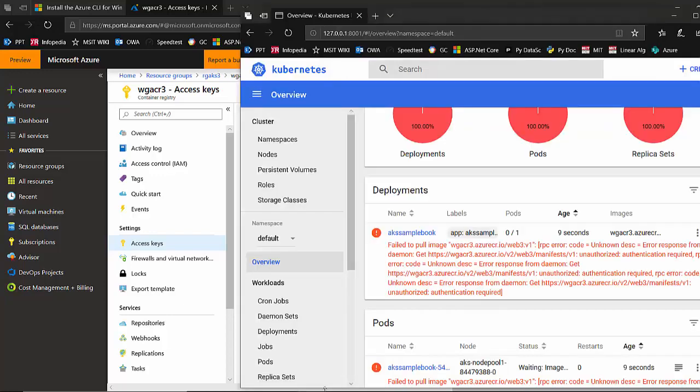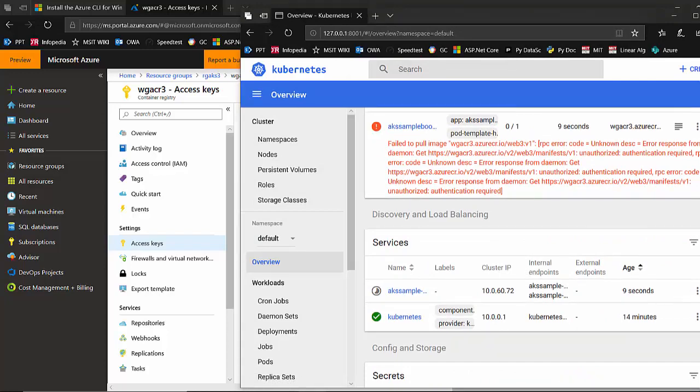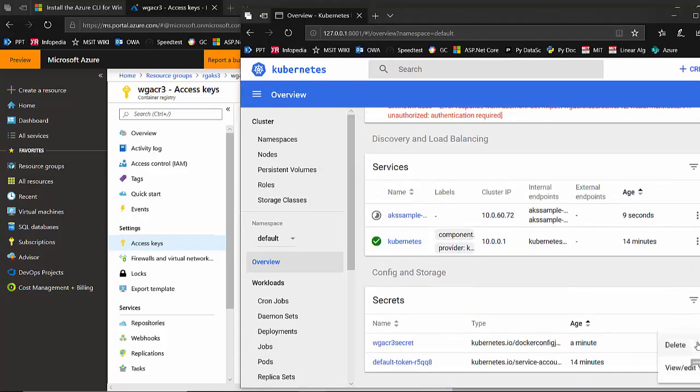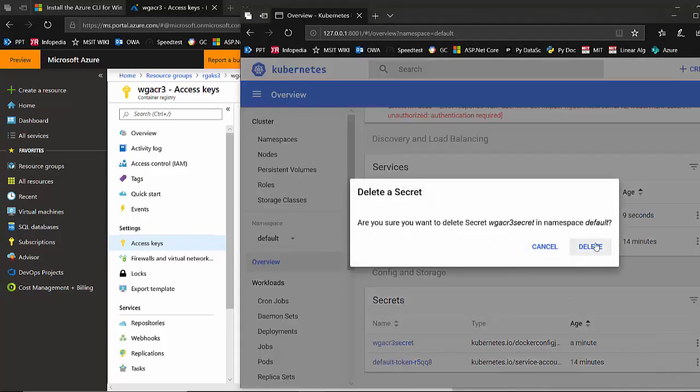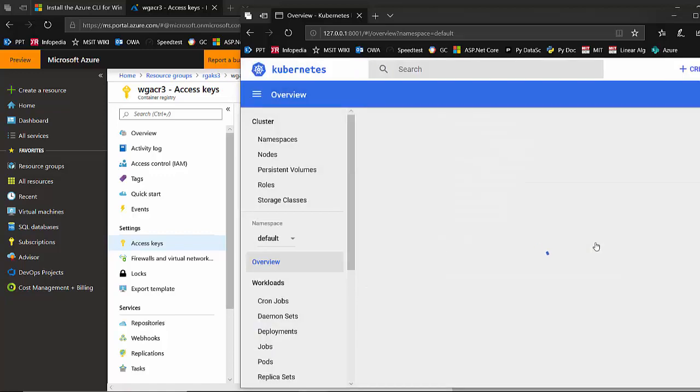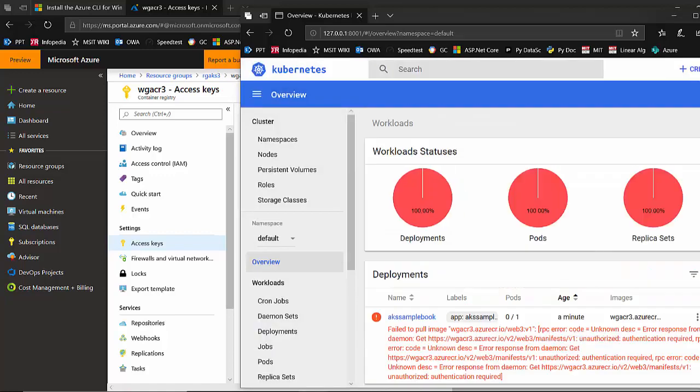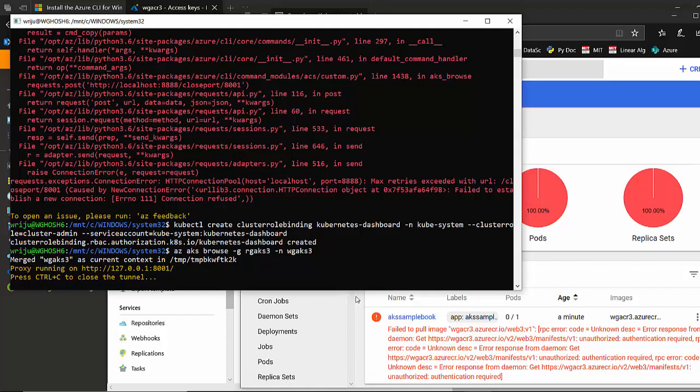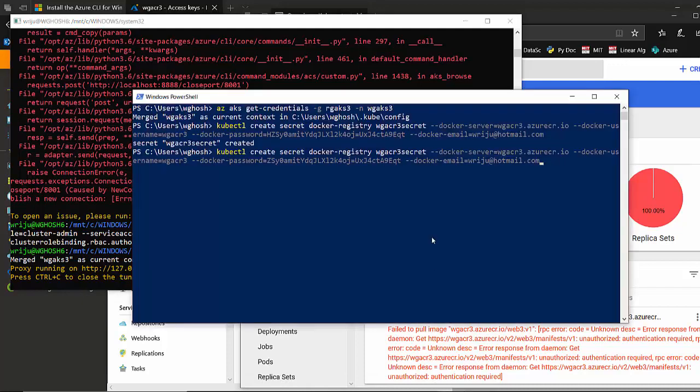Now we go back to the thing and clear the secret, delete the secret. Okay, and then go to the window and see the